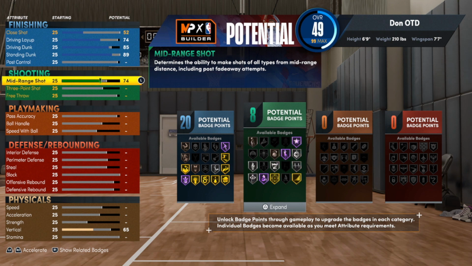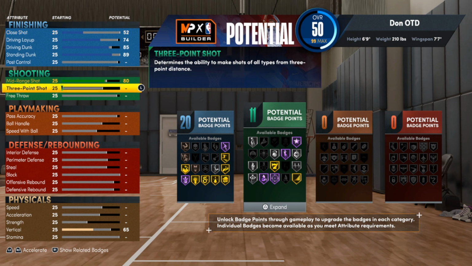So with the mid-range shot, we will be going kind of high, man. I do want to make this build with shooting in mind. You want to make it so that this build is an excellent shooter. So with that, the mid-range, we're going with an 80. With the 3-point, we will be going with a 76. So take it to the max and then take it down